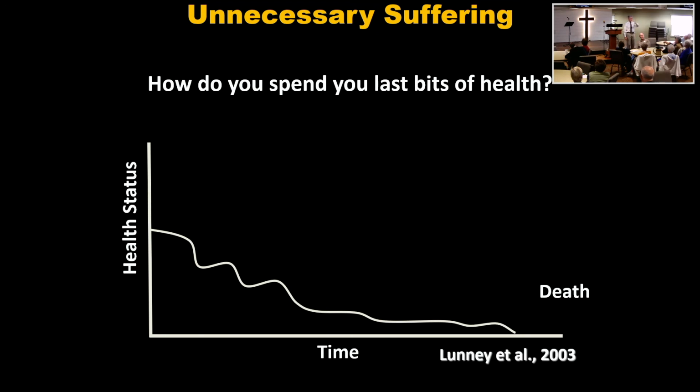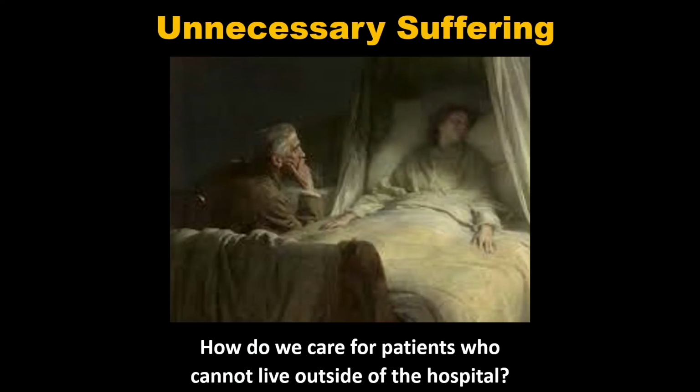And so prediction means about the first downturn there, I say, hey, this is not going well. There's no upturn here. And so basically, the trick becomes, how do you take care of people who can't live outside the hospital? You send them home, you give them palliative care. When palliative care runs out, you give them hospice. You keep them comfortable. You don't keep bringing them back to the hospital. Remember what I said. If I knew this was going to happen, I never would have come here.